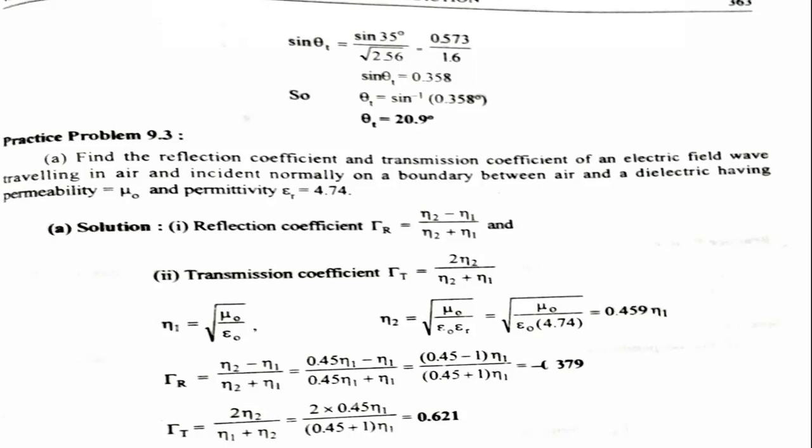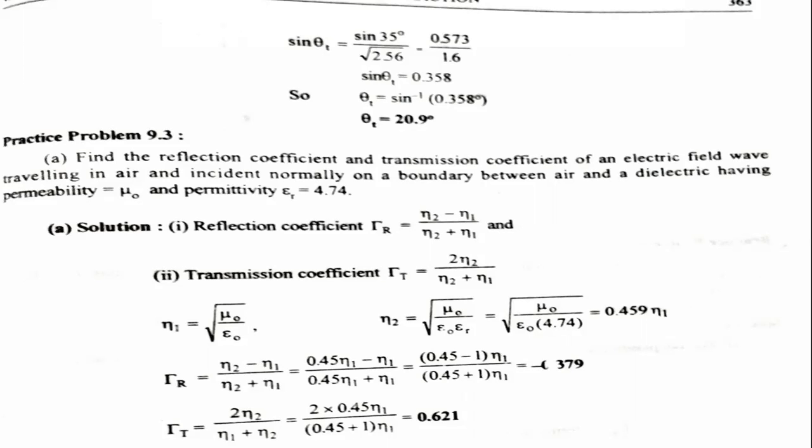Now come towards the third numerical, numerical number 3. Find the reflection coefficient and the transmission coefficient of an electric field wave traveling in the air